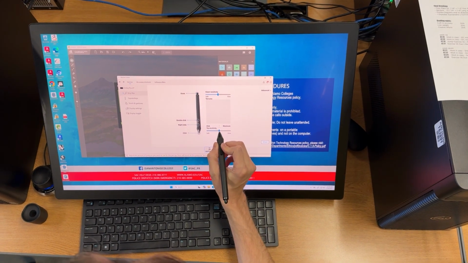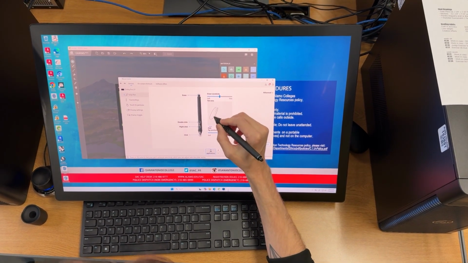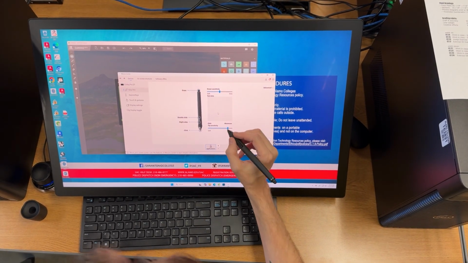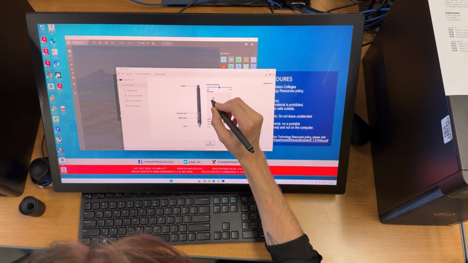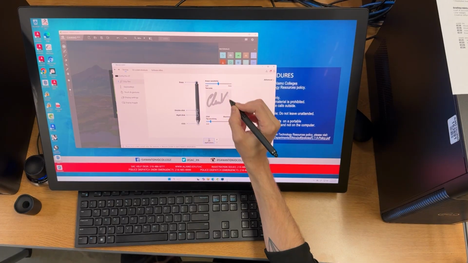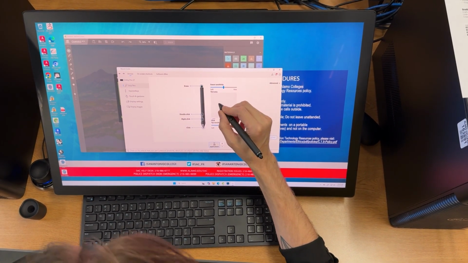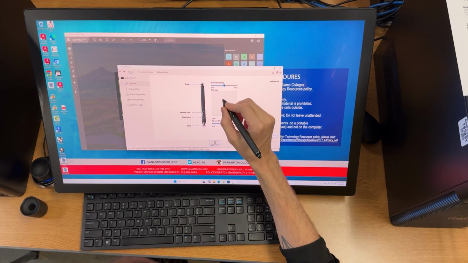So for instance, if that's too firm or too hard, I could definitely get it in there, right? I could do really soft and you'll see what that does. But you want to test that. I have kind of a hard hand, so I usually use maximum, but you can really press. And when you lightly press,